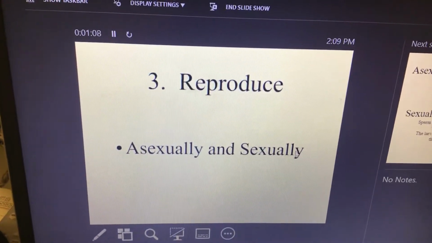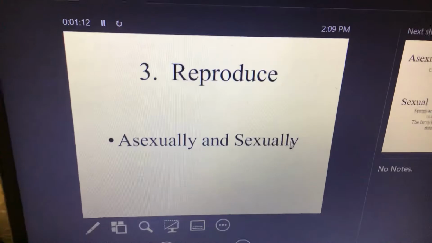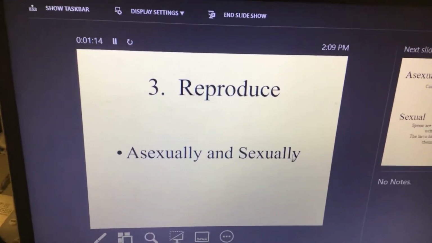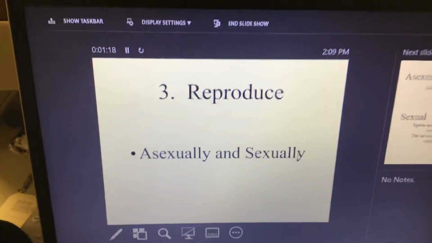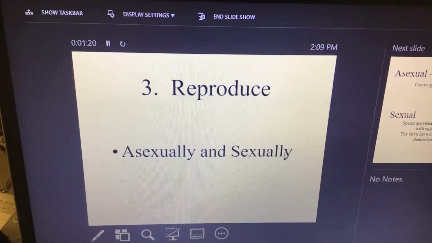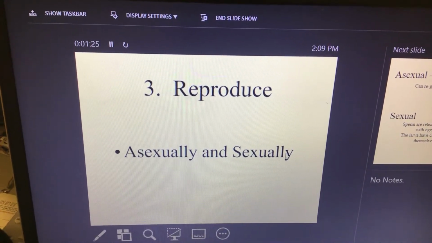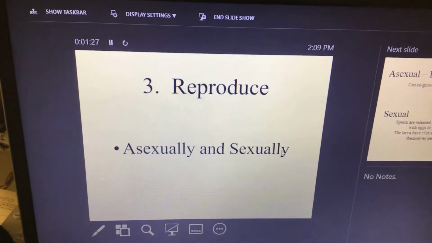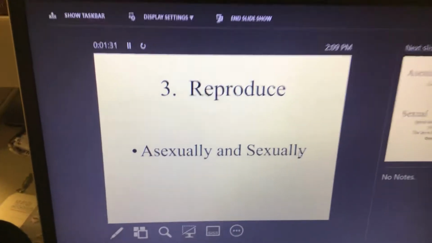They can reproduce asexually or sexually. So basically by themselves or with someone else. Now the thing is, with sponges, they can't really move. They're kind of planted to the ground. So it's hard for them to reproduce